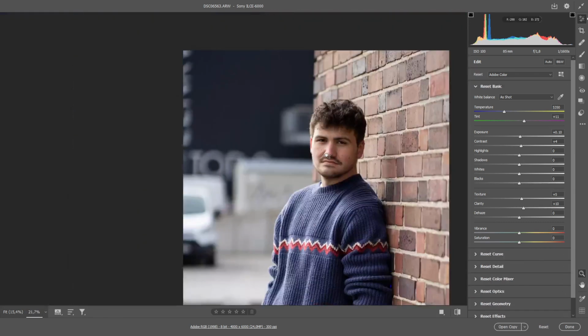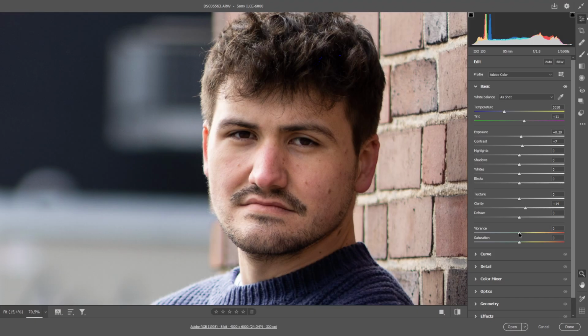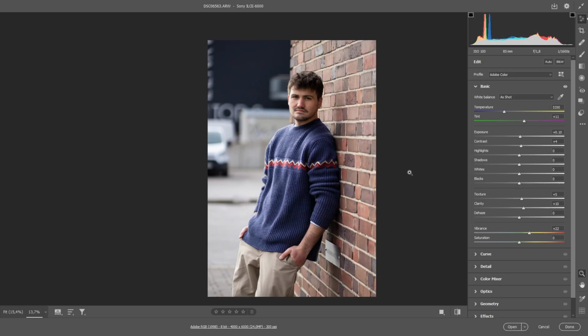And here with vibrance, vibrance is basically a smart way how you can add saturation to your portrait because it doesn't affect the skin tones. Vibrance detects highly saturated areas, for example skin tones, and protects them while increasing the saturation on the rest of the image. So we're going to add some vibrance here, and here you already see a before and